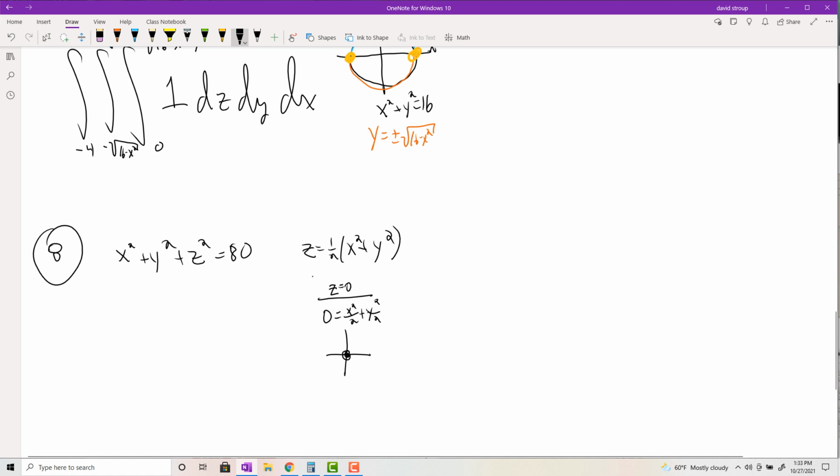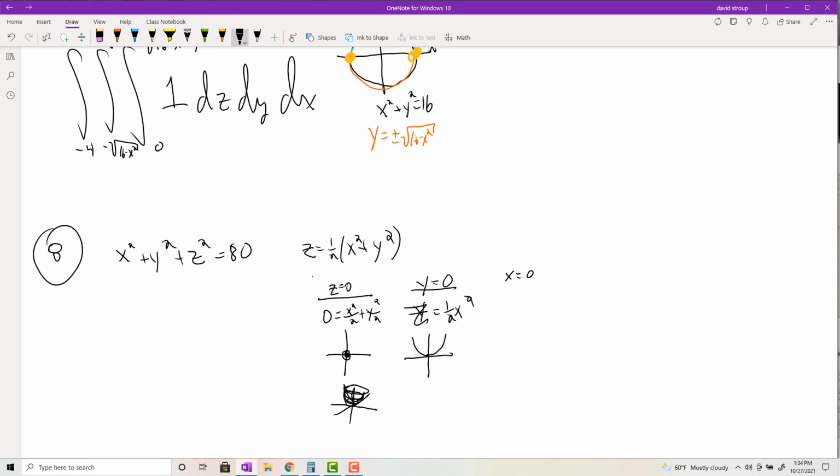So as we're going in the positive direction above the xy plane in the z direction, we're going to start getting bigger and bigger circles. Okay. When y is equal to 0, we get z equals 1/2 x squared. So in that case, it's a parabola like this. And you could already see how that's going to affect this thing. It's going to be an elliptic paraboloid. And then when x is equal to 0, again, you get z equals 1/2 y squared,